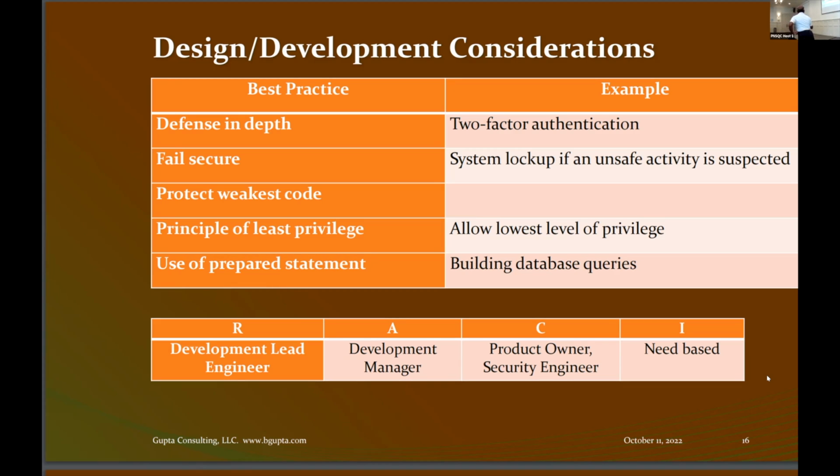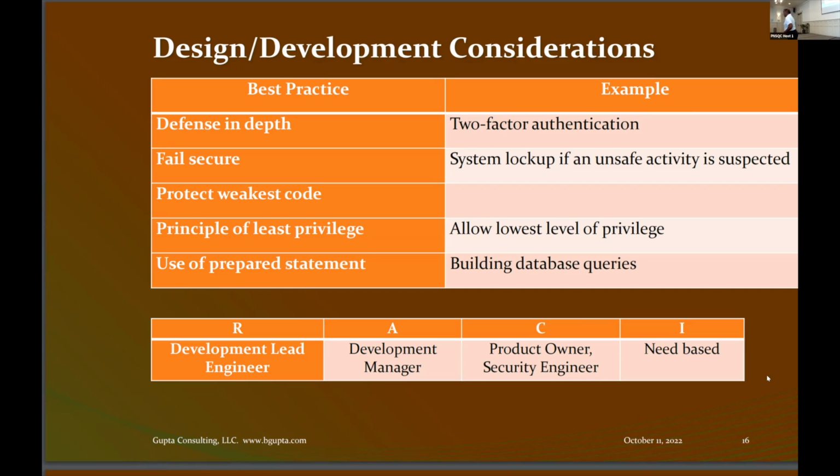Third one is protect weak code. Now, it will be a valid question: how do I protect weak code? Weak code is weak code, and the code will be executed. So what you want to do is make sure your logging system is very well put together. So you know who is coming in and where they came from, what story they came from, and who the actor is, the person who is trying to cause that failure. So you can at least have a strong log and go back and see where it came from.